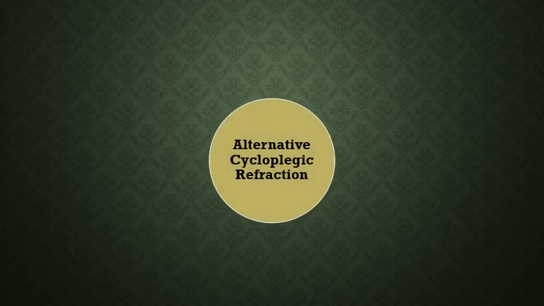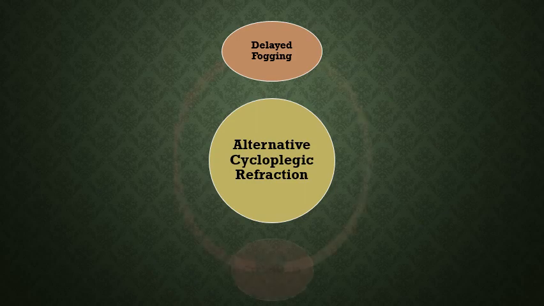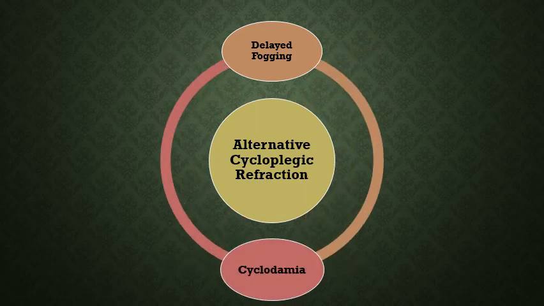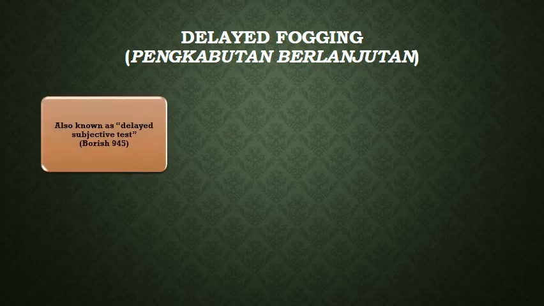We have two techniques in alternative cycloplegic refraction that you can choose. Either the first one, which is the delay fogging technique, or the second one, which we call cyclodamia. Delay fogging, or in Malay we call it pengkabutan berlanjutan. This technique is also known as the delayed subjective test,